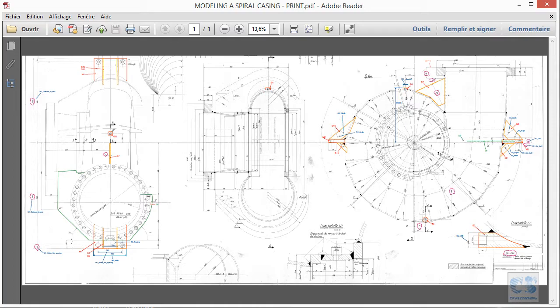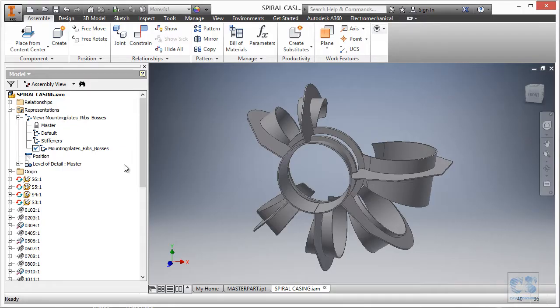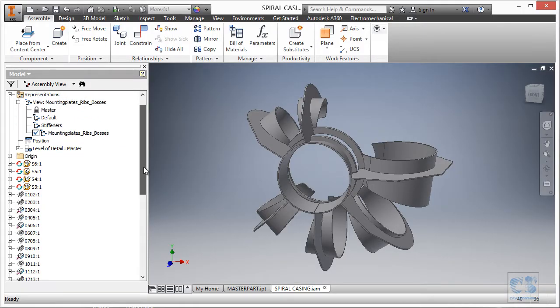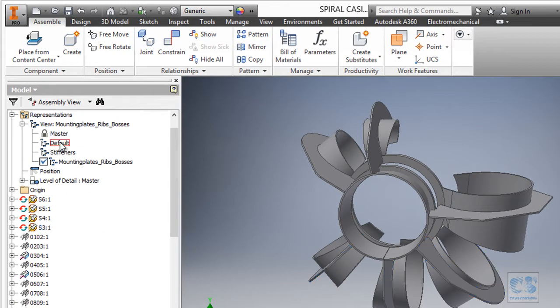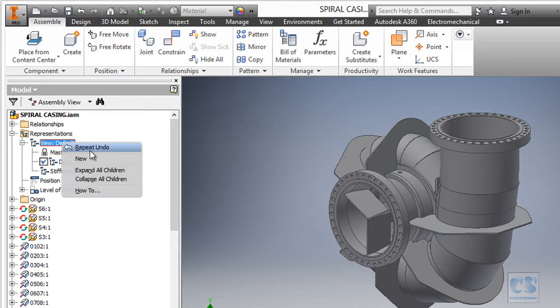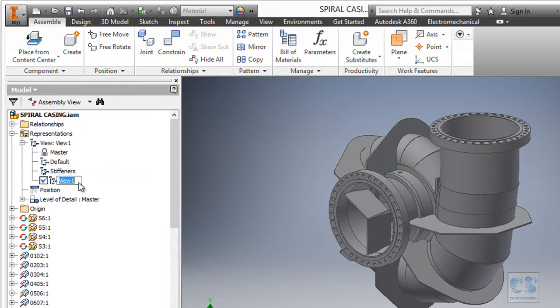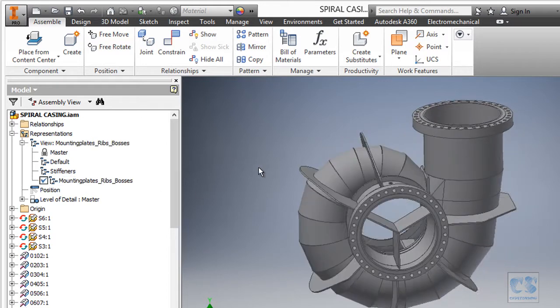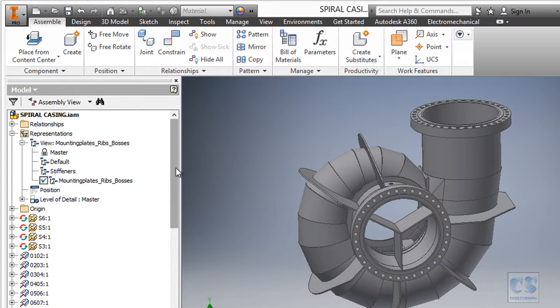Okay, so what else? I think we will be good. So let's go back to Inventor and we will show the components we need and hide what we do not need. Or maybe we should start from this default and we will copy the name before we delete it. So right click and delete, then we will create a new one and we will have the same name. Then we will select what we want to keep.